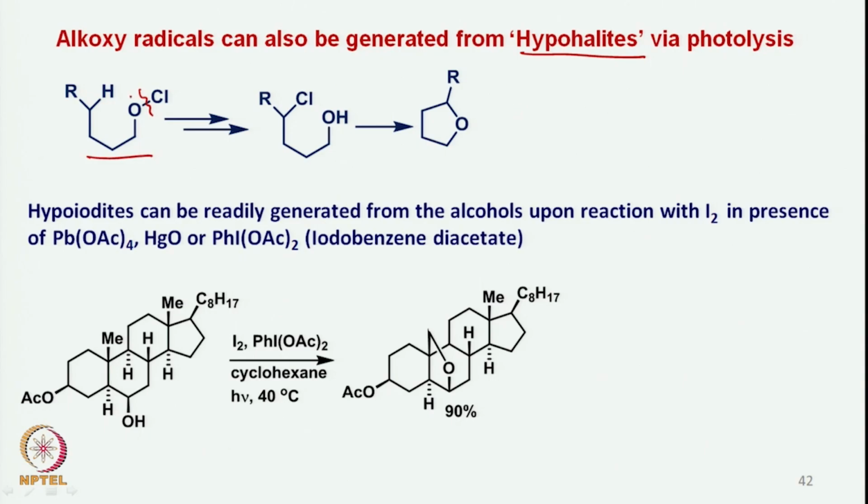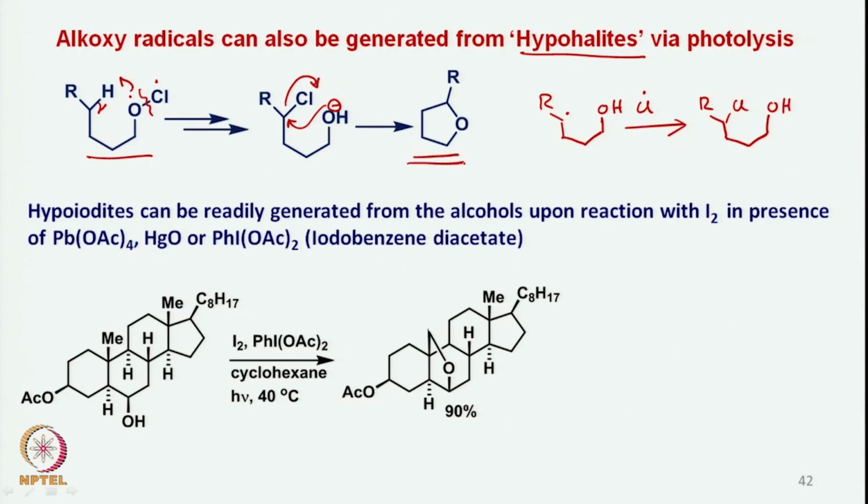This radical can pick up the hydrogen from here to form the corresponding radical at this center, and of course you can get the attachment of the chlorine from the substrate or via chlorine radical, and of course you can get this. And now we have a base which deprotonates, and that then attacks this carbon, and then one can get the